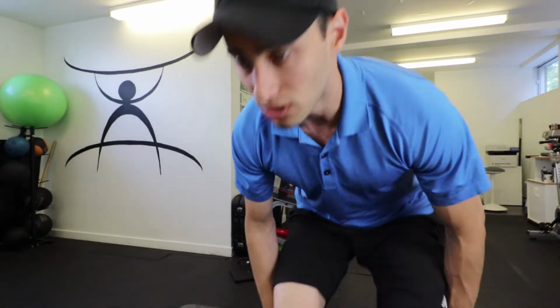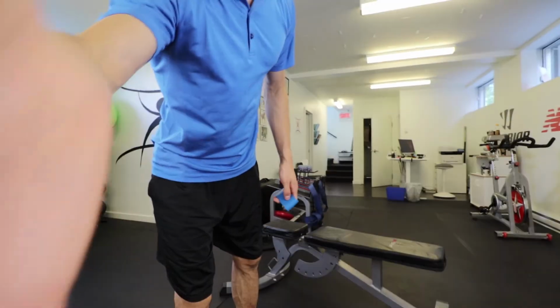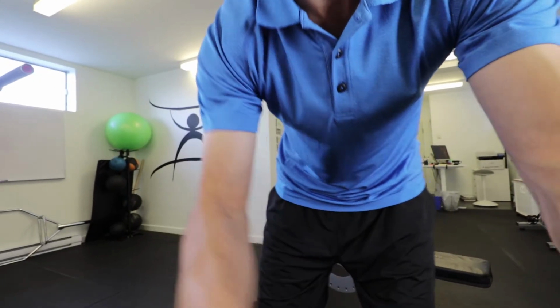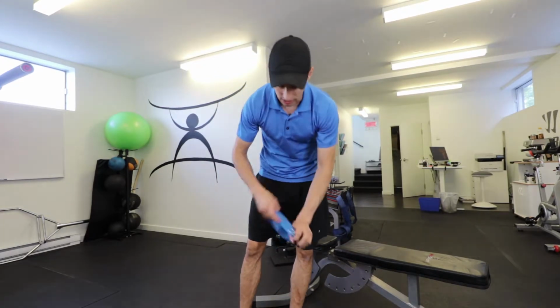So let's look at each one of those phases individually right now, starting with the first one. I'm going to turn the camera over here so we can get a better angle and I can step out into this zone here. And so essentially the first thing we need to do is, there we go. Okay, so the first one we're going to do is we're going to take the elastic,